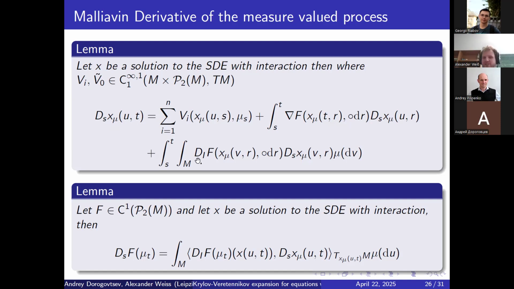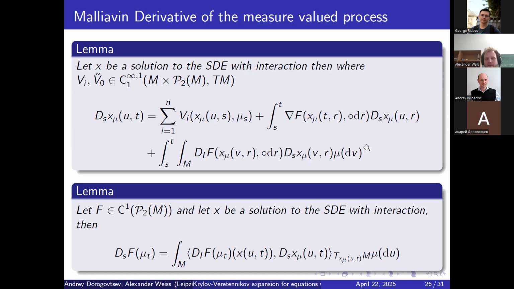If you remember my last talk, where I've already shown this in the case of Rn, since the Malliavin derivative is only the derivative with respect to the Brownian motion, we have no problems here. And we can just do it in exactly the same way as there, after we embed the equation again into Rn.